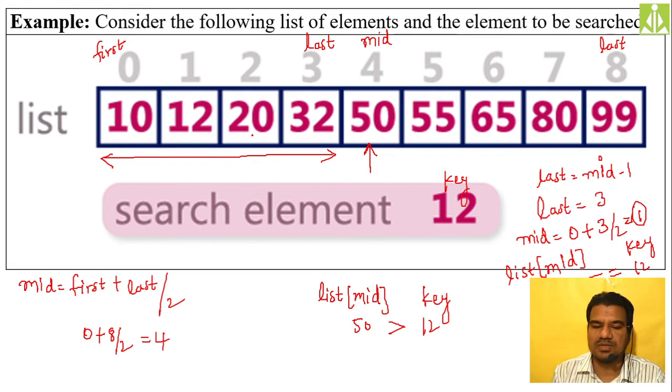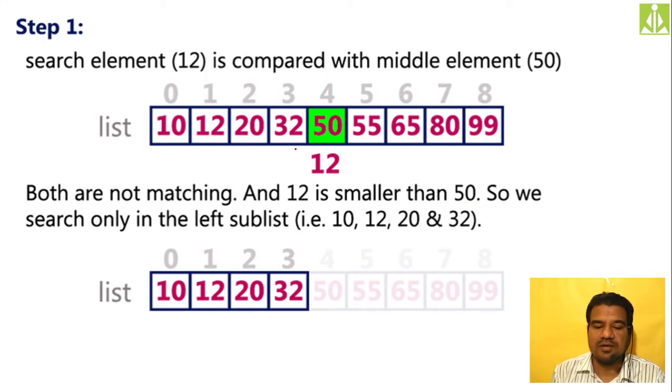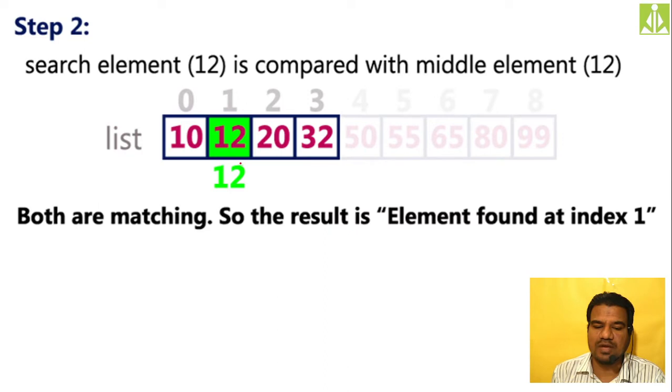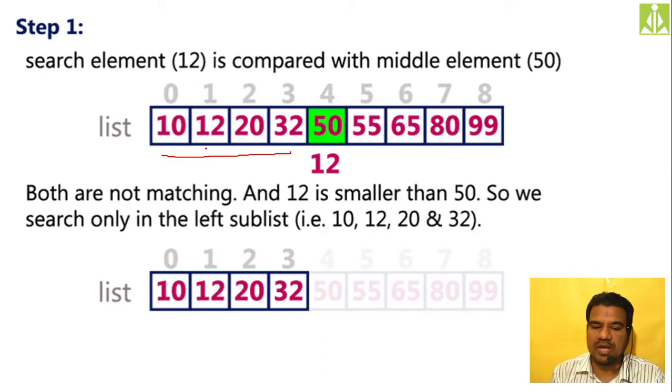See, as simple as it is. So what we are doing in the first iteration, we are calculating the mid value and we are getting the mid value as 4. So we are comparing this 12 with the mid value, and as the mid value is not matching with the key value, we are checking whether the key value is lesser than the mid value or greater than the mid value. It is lesser, so we are going with this first portion. And in the next iteration, when you calculate first it will come over here, when you calculate last it will come over here, isn't it? So again when you calculate mid it will come over here.